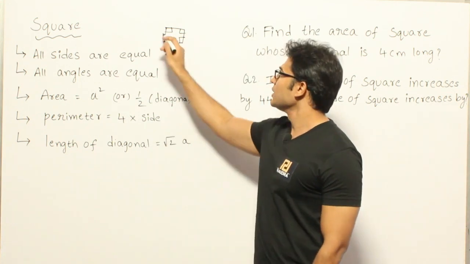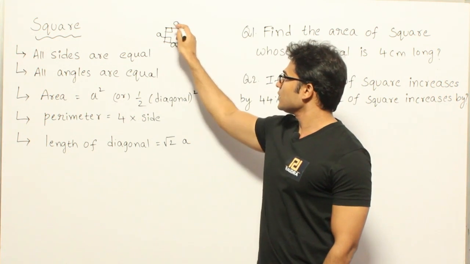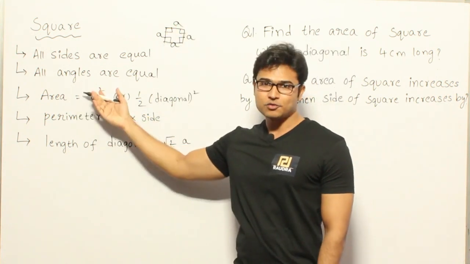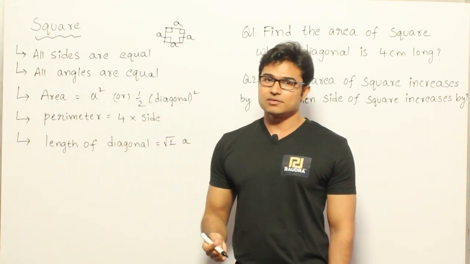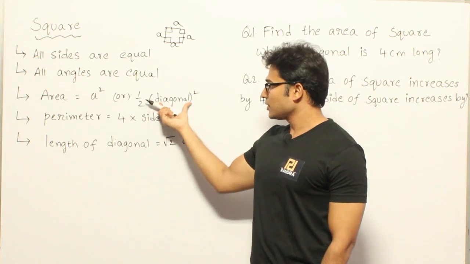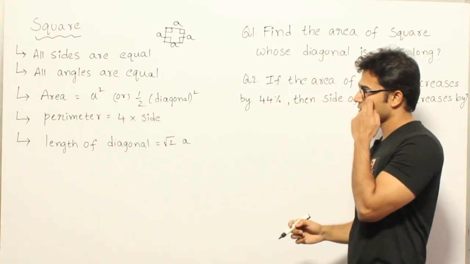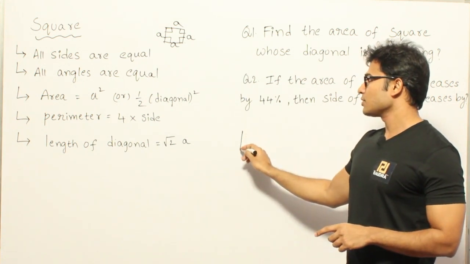So what is the rule? If you consider that the length of each one is a, you can take anything as length and anything as breadth, and area of a rectangle is L into B. Now here if you substitute L and B as a and a, you are going to get a square. Now in terms of diagonal also, we can talk about the area. So if you want to see the area in terms of the diagonal, you have to express the diagonal in terms of